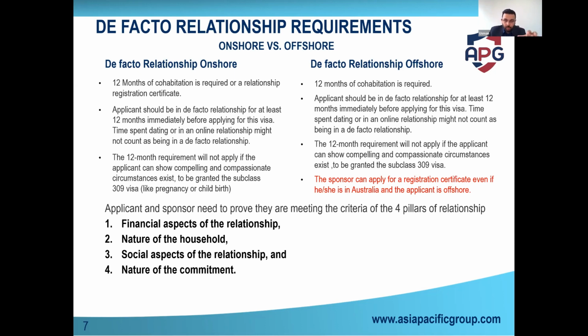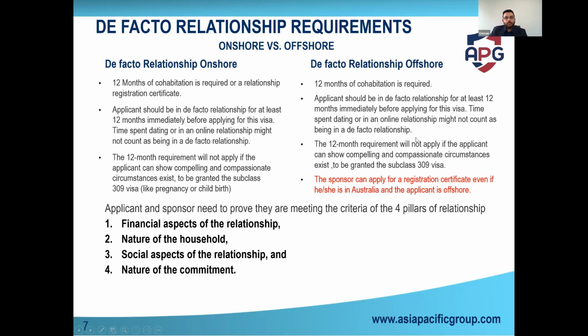The good thing about the certificate is that only one of the two partners has to be in Australia, and they can still get the certificate. So that's the right way to do it. Now, the certificate takes 55 days to be issued. So a lot of the time, once we've submitted it, we can apply for the visa, and once we receive the certificate, we'll upload it, but we can still apply for the visa.